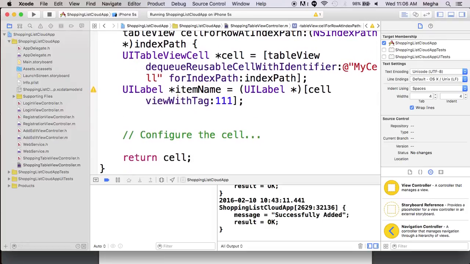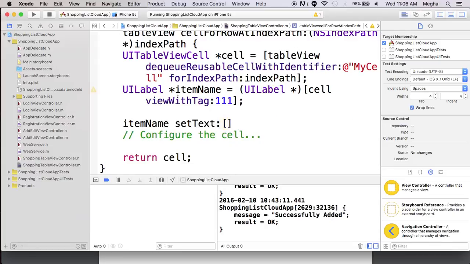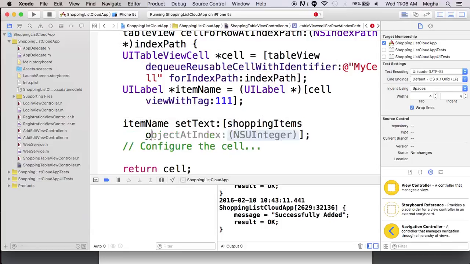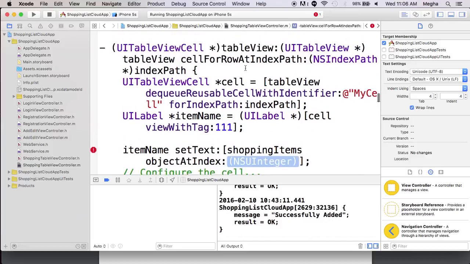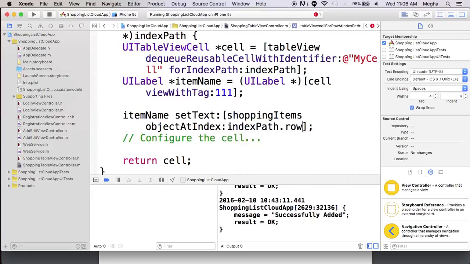So that item name set text, this is where things are going to be a little critical. Based on the data source, shopping items, first thing, object at the index, I need to know the index. Index is indirectly given here. Index path has been given, that could be retrieved using index path dot row. Dot row will give you an integer instance of the particular index. Index path, it's a whole instance of your cell. It is also comprising an index,